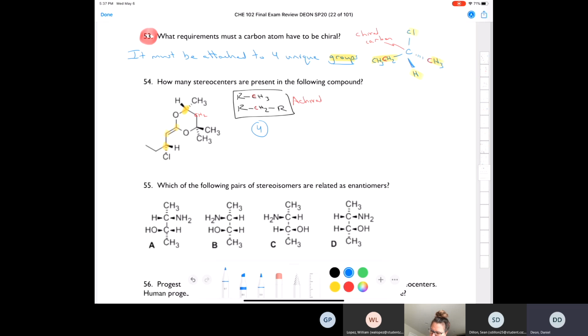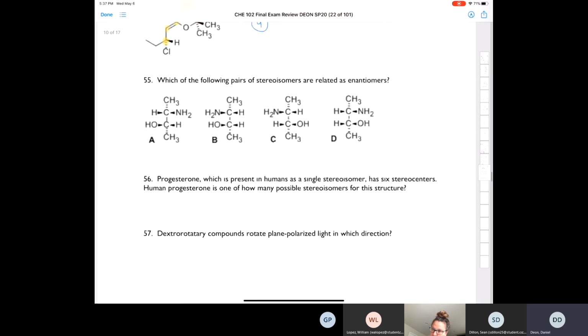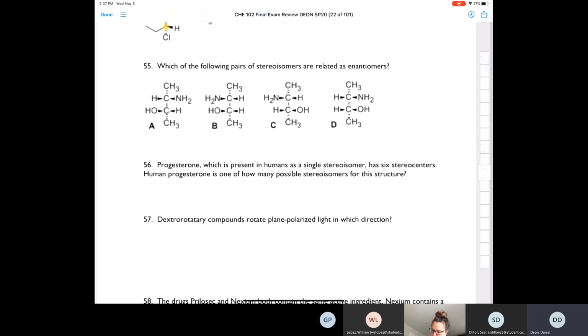Let's take a look at the next question, which has some interesting compounds on it. It says, which of the following pairs of stereoisomers are related as enantiomers? And you remember that enantiomers, if you don't remember, I'll help you out. They are